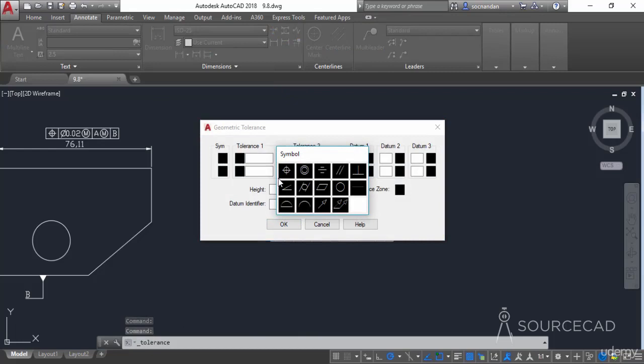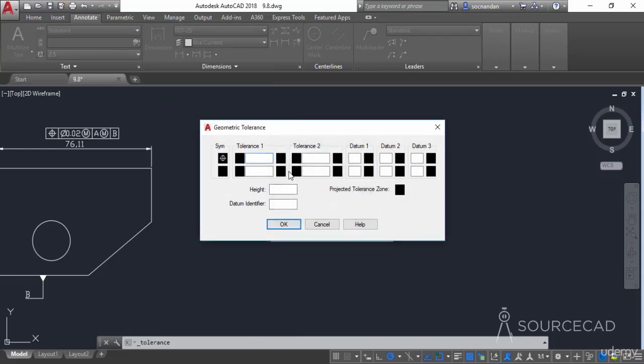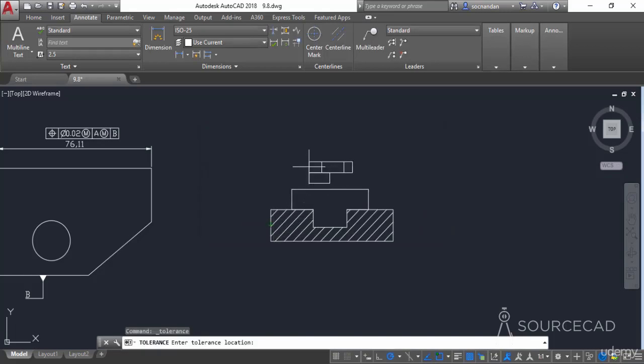I'll once again select the position tolerance. Obviously you can select any other value, and the tolerance zone, the value of tolerance, the datum, which is A. And now here we have this projected tolerance zone. If you have any projected tolerance zone, you can click on this. That will indicate the projected tolerance zone, and you can specify the height of that projected tolerance zone. Let's say that its height is 10 units. So type 10 here. Now click on OK and add it